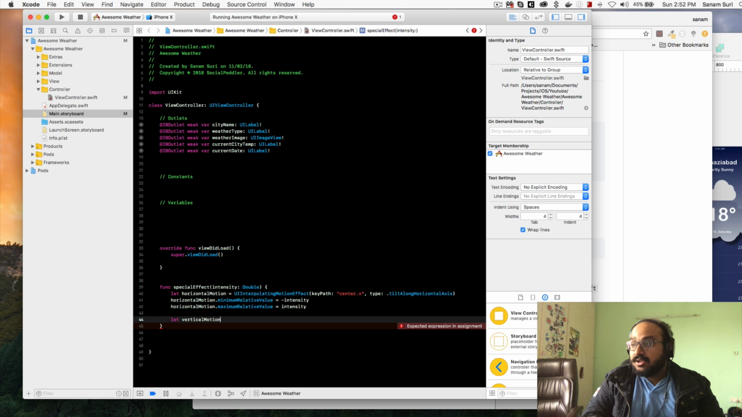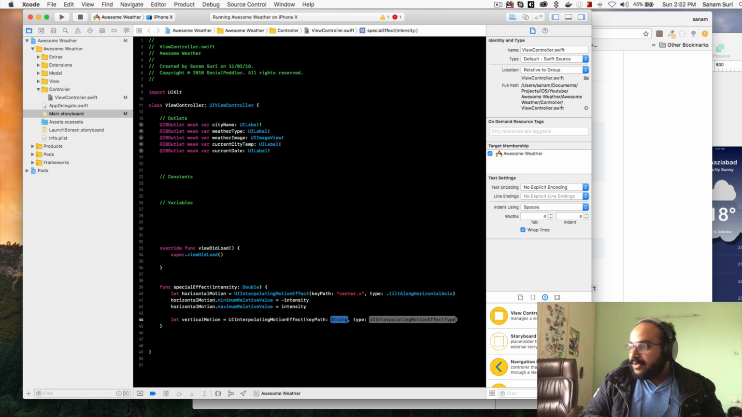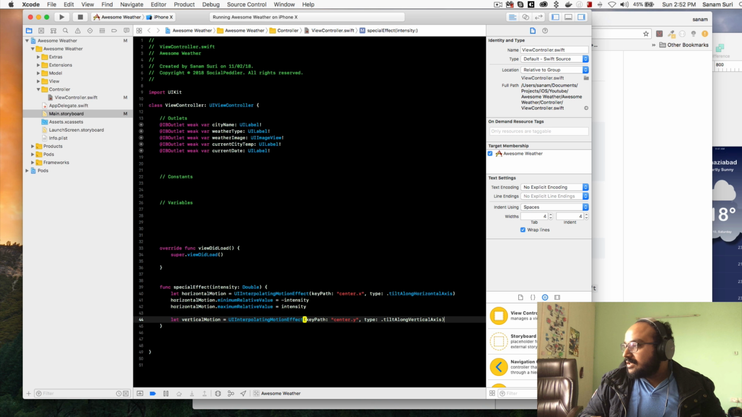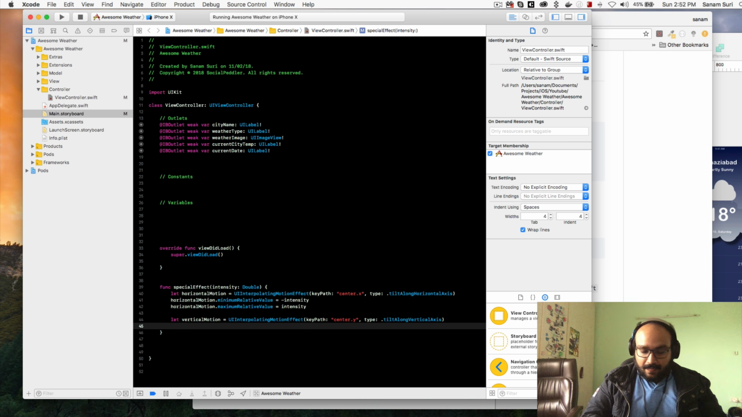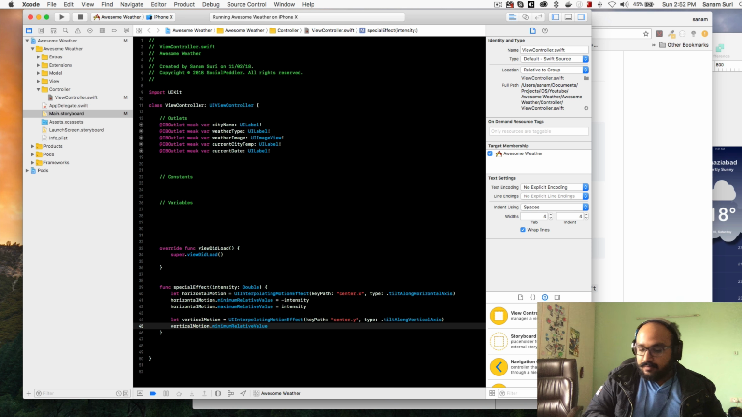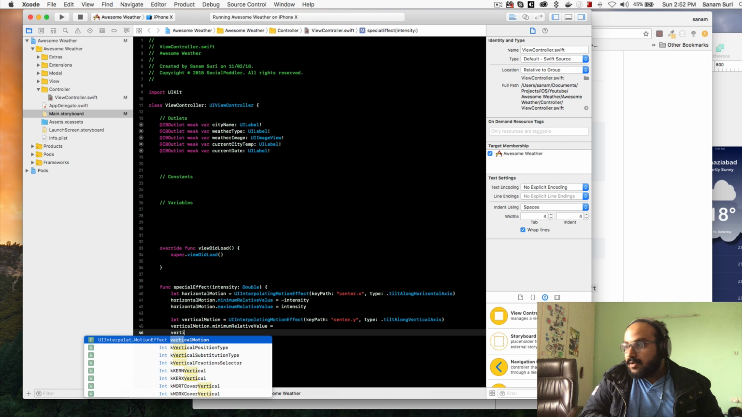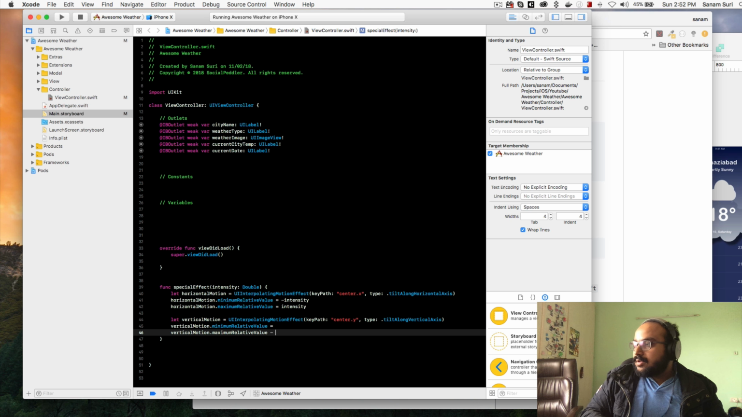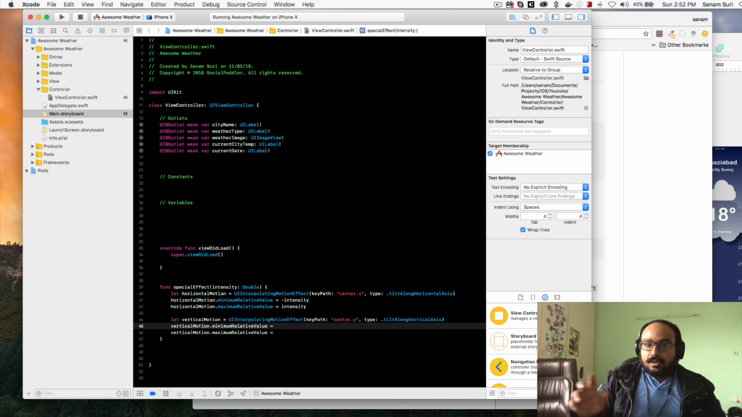Vertical motion, now this is the y-axis, right? And it's the same UI interpolating motion effect. Key path will be center dot y and dot tilt along with the vertical axis, and vertical motion dot minimum is equal to, and vertical motion dot maximum is equal to. So again,